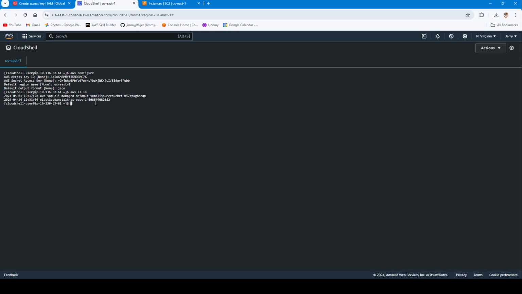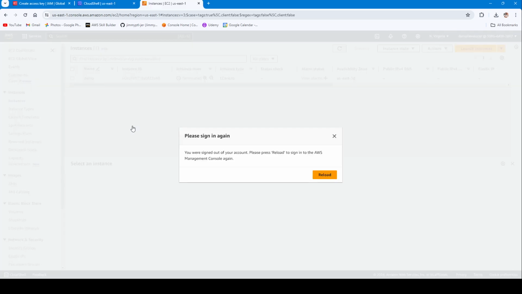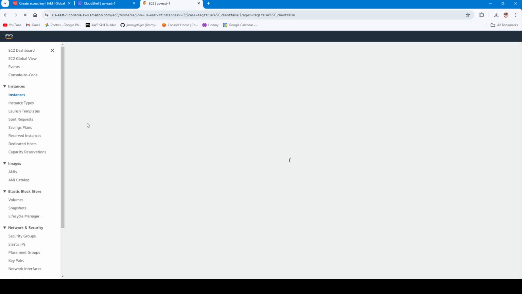So you can see it has listed what buckets are there in my AWS account. There are two buckets, which are aws-cli and Elastic Beanstalk. These are the two buckets currently present in my AWS account. Let's make sure they are present or not. So let's reload